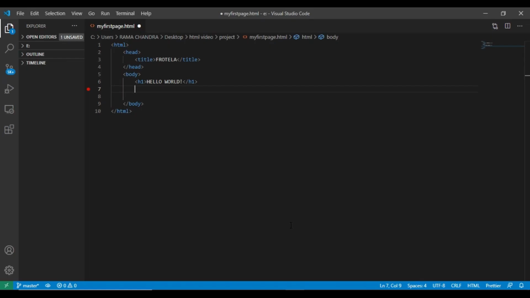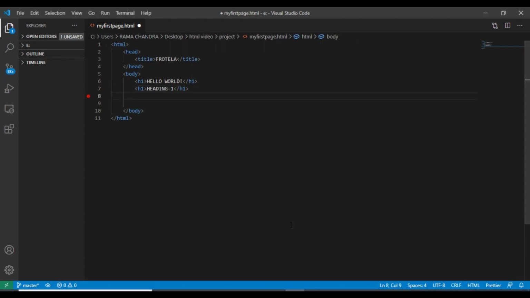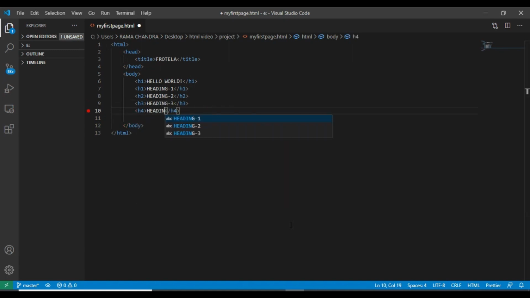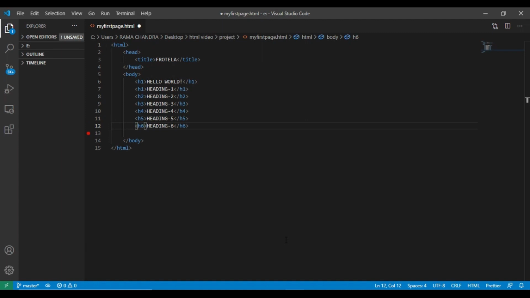Now let's see the differences between different heading tags. H1, now let's save the code and view it on the browser.